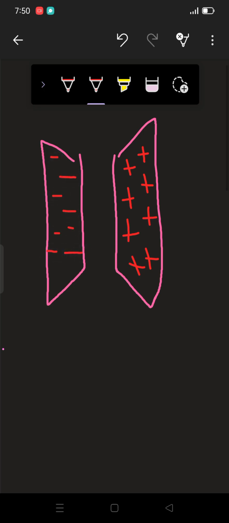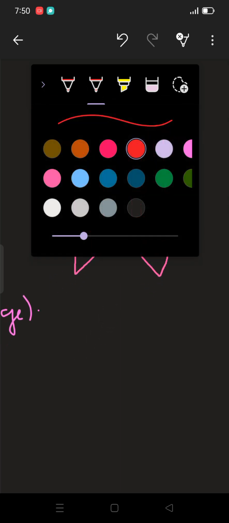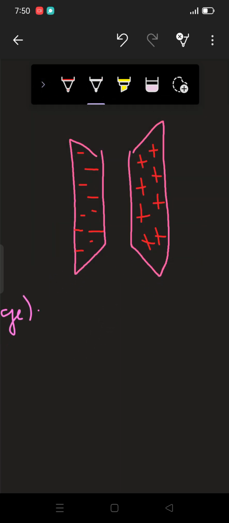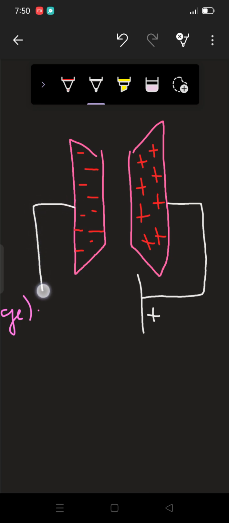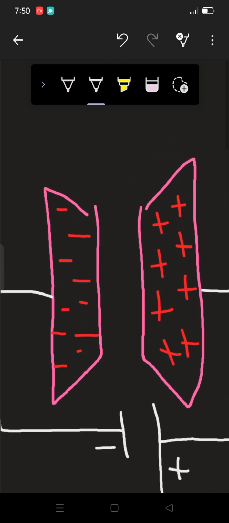The positive plate of the capacitor is connected to the positive terminal of the battery, right? And the negative plate of the capacitor is connected with the negative terminal of the battery and stores a negative charge. These two oppositely charged parallel plates are separated by a very small distance called d. Alright,